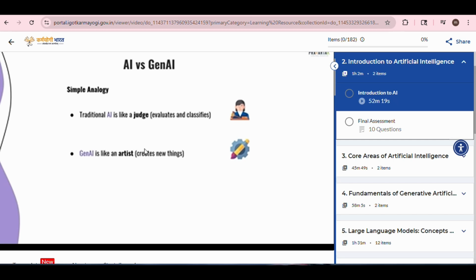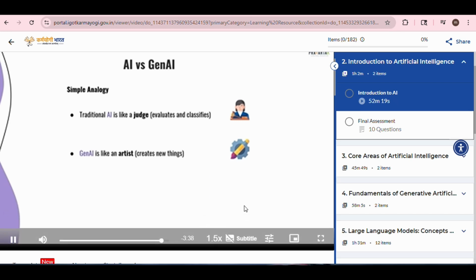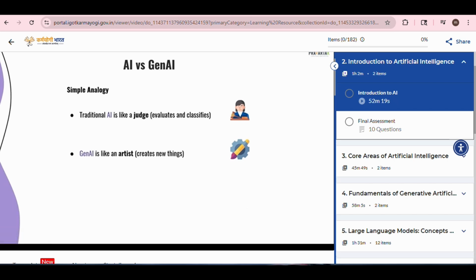On a lighter note, I can say Gen AI is more like the normal AI on steroids. With huge training, with amazing computational power, instead of predicting one single word, it can predict the complete phrase. That's what Gen AI does. But of course, it looks like generating the entire content from scratch.